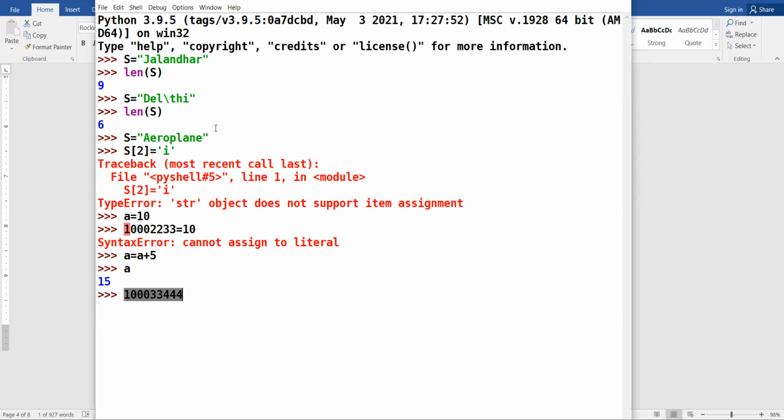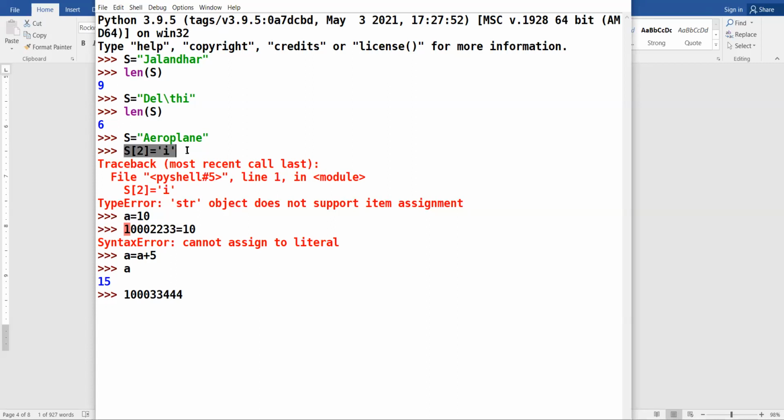String is an immutable data type. You cannot change or modify its element. That is why when I try to update the element lying at second index, I want to replace R with I, I try to do it with the assignment operator.